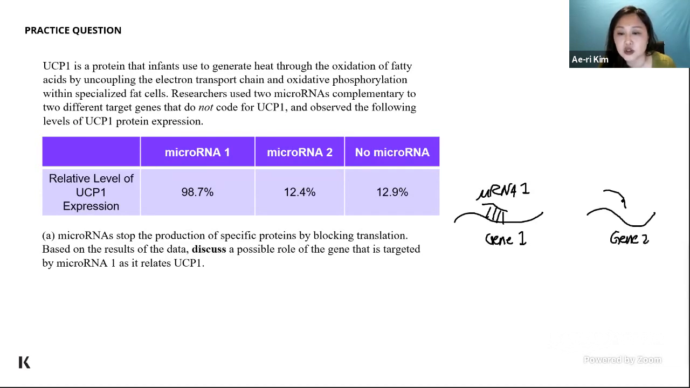And that binds to another different microRNA. This is microRNA 2, two separate genes. So if you think about this, normally in the absence of a microRNA, this gene will get translated into protein 1. Okay, and when we see that translation of protein 1 happening, this leads to a decrease in UCP1